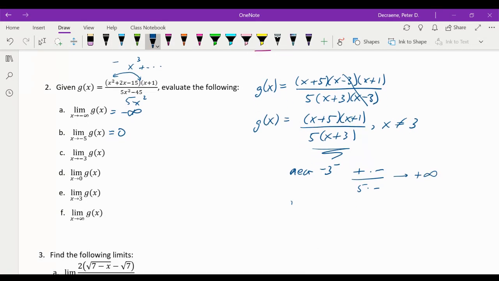And from the right, negative 3 from the right, I've got negative 3 plus 5 again is going to be positive. Something close to negative 3 plus 1 is still negative. And something